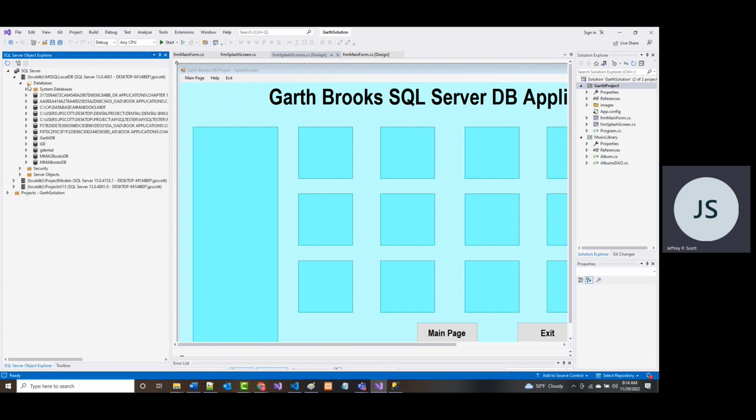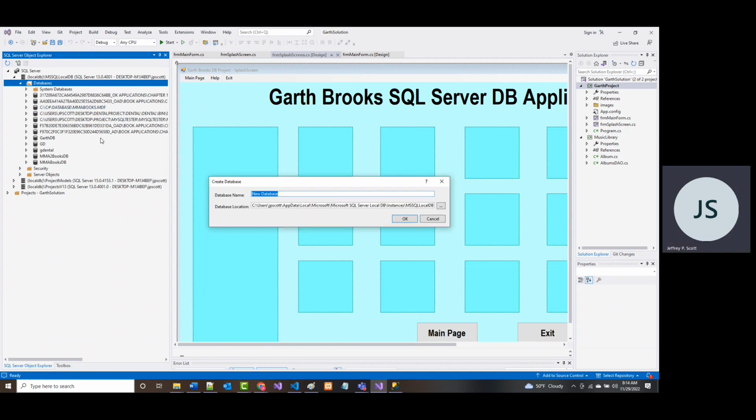So once you've got this up, you go up to databases, you right mouse click, and you choose add new database. All right. And it asks for a name. Now, this is a little different than the way that I did it yesterday. So let's go back. Let's do it, just to show you. If I come in here and type in Garth, how about Garth Brooks DB?